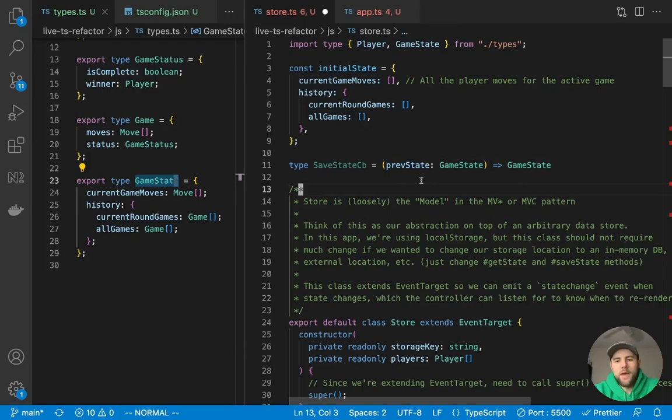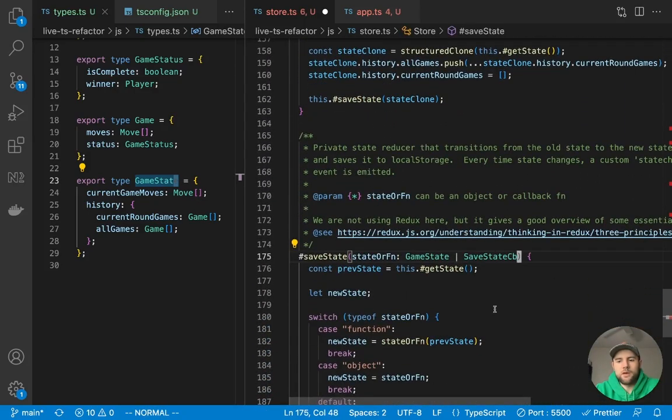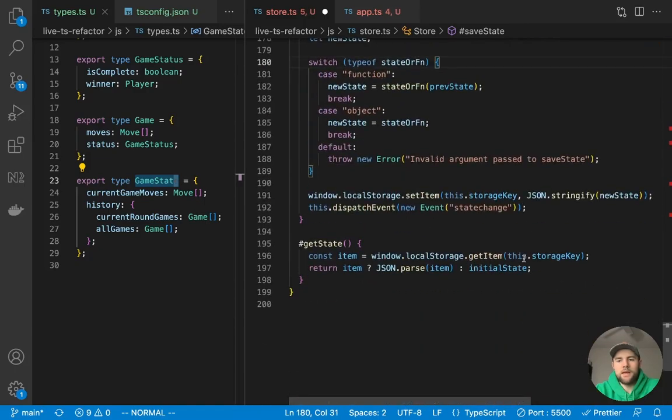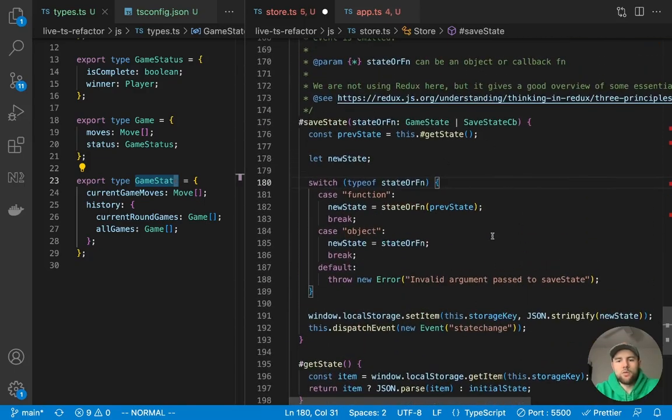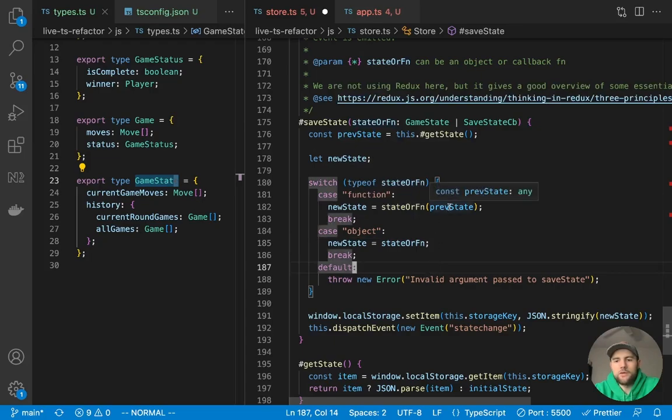So that's why we're passing this, but this is the type that we can define. And if we took this key right here, the type, and passed it right here, save state callback, you'll see that there's no more complaints from the TypeScript compiler because state or function matches the type that we gave, and previous state is not typed yet, but it satisfies that constraint.